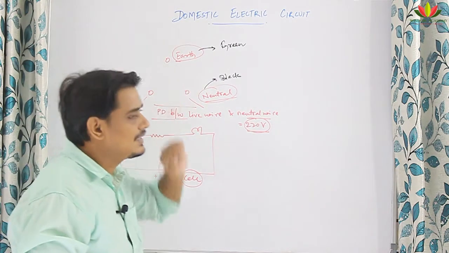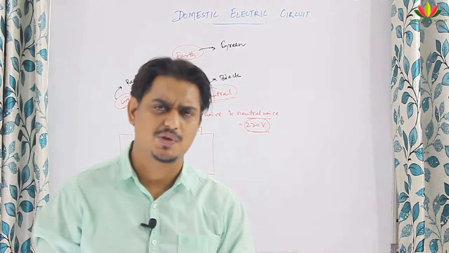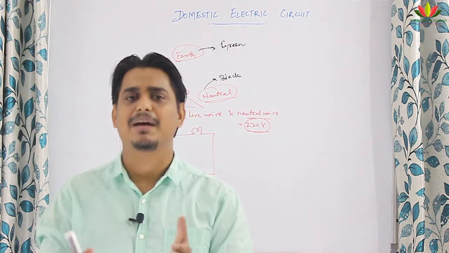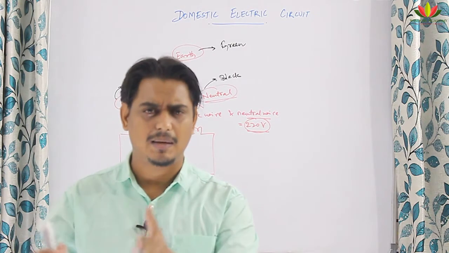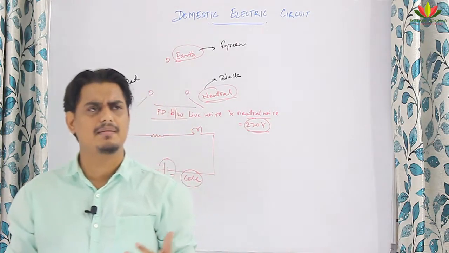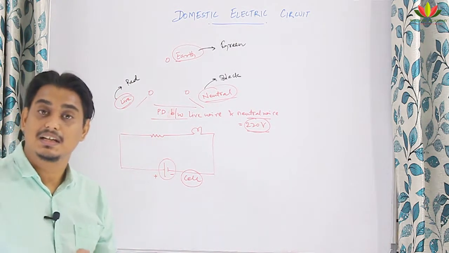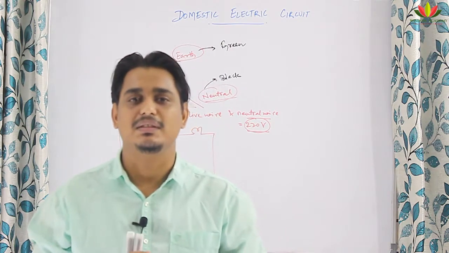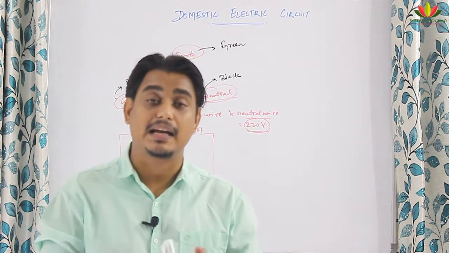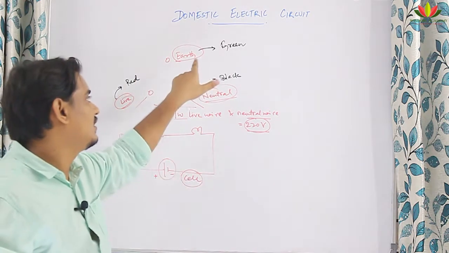The question is, why is earth wire given then? Earth wire is given for your safety. Whenever there is an excess flow of current due to short circuiting or overloading of current, this current should not enter into your appliance and damage it. Suppose I am having a particular light or a laptop and I am working at normal conditions, and suddenly some extra current comes due to anything, like lightning happens or some fault happens, or maybe this live wire and neutral wire are touching each other. In that case, there may be a chance of short circuiting and abruptly current will start flowing in the circuit. In that abrupt flow of current, it should not destroy your appliances. That's why we have earth wire.